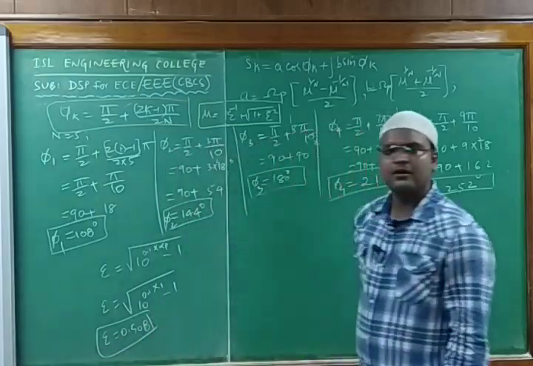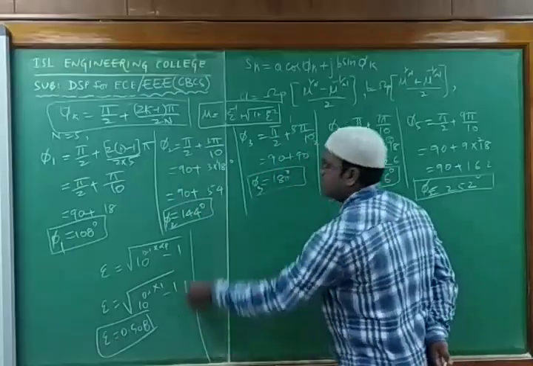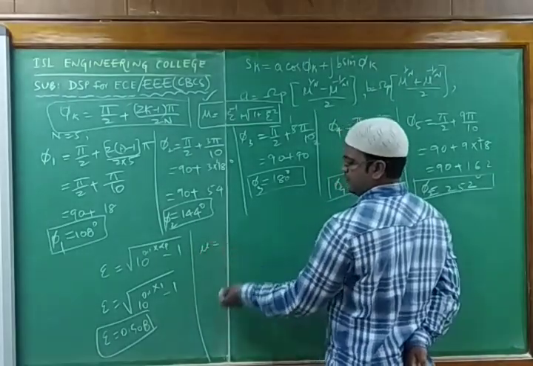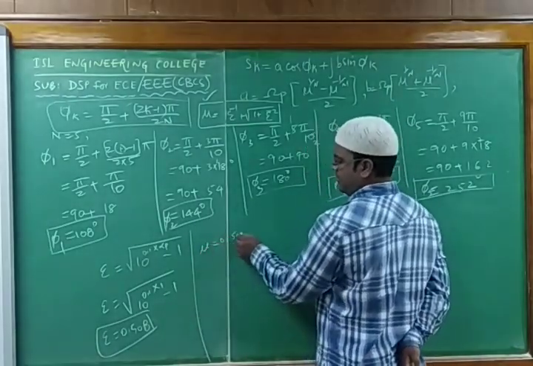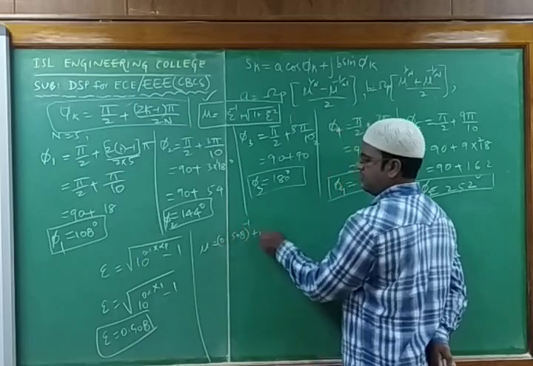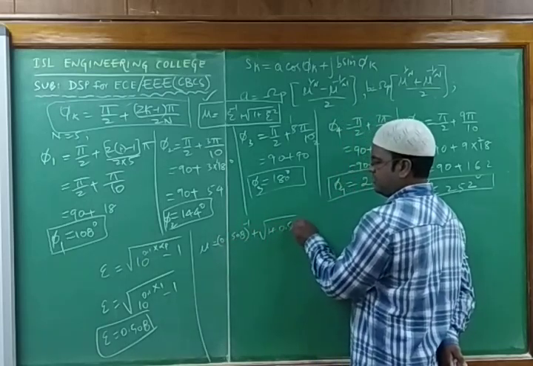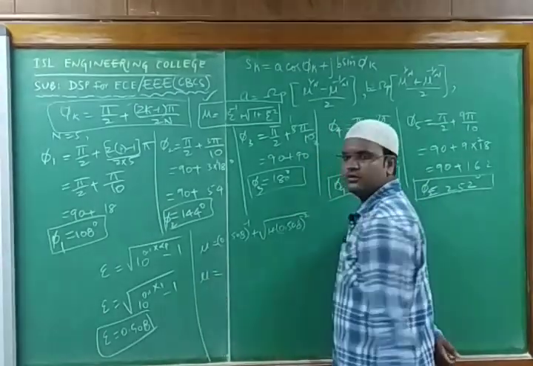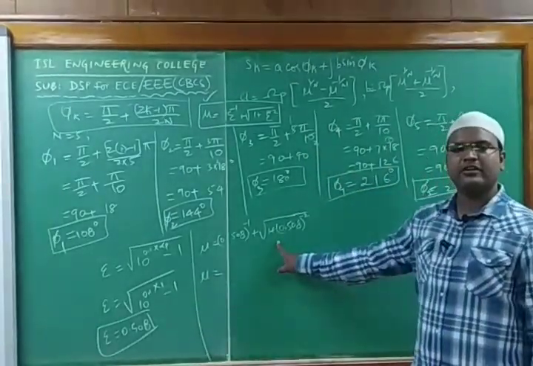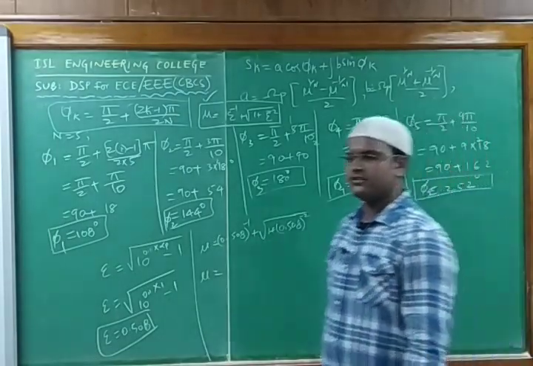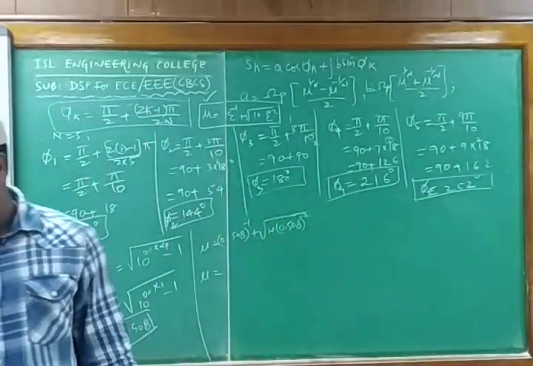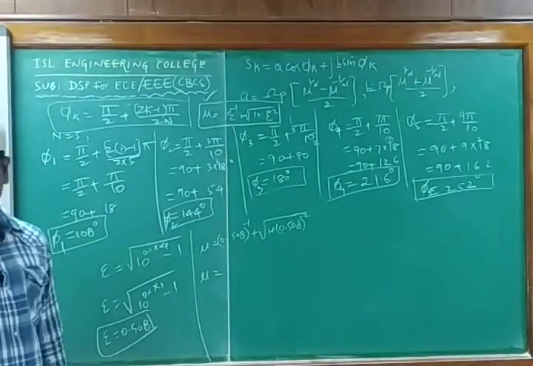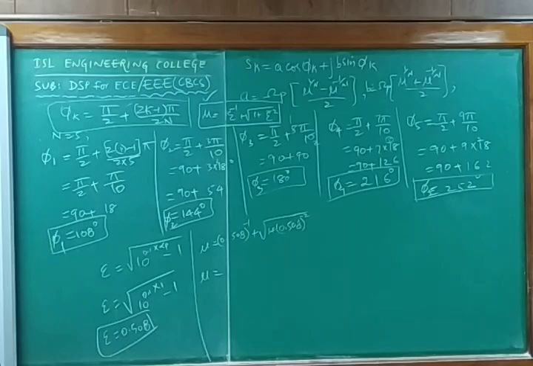This is epsilon. Now we have epsilon. What can I do? I can substitute here so that I can find the value of mu. So mu would be epsilon power minus 1, 0.508 power minus 1, plus under root of 1 plus 0.508 power minus 2. Substitute these values in the calculator and you will get the value of mu. If I do it, I'll get 4.17.